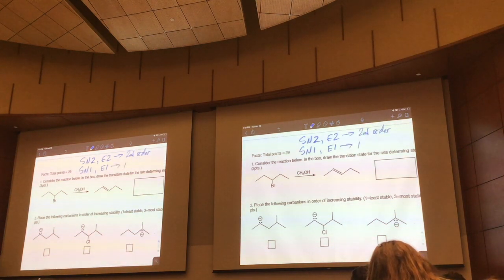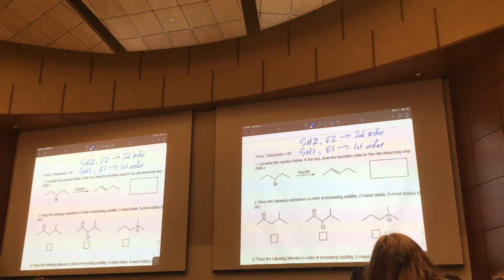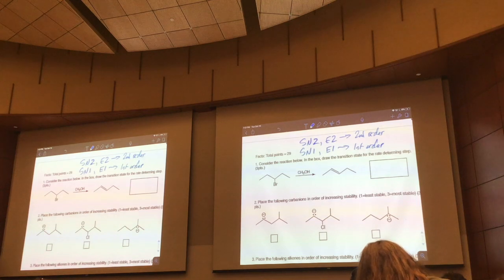And these are the first order. The strength is going to tell you which of these orders you're going to be in. So if it's very strong, is it going to be a second order or a first order? Second order. Yeah, so the strength of your nucleophile or base is going to really drive that reaction, because if